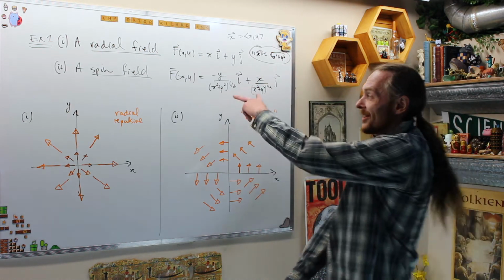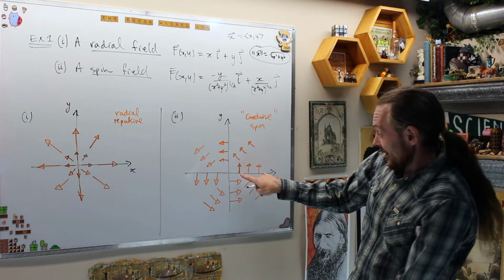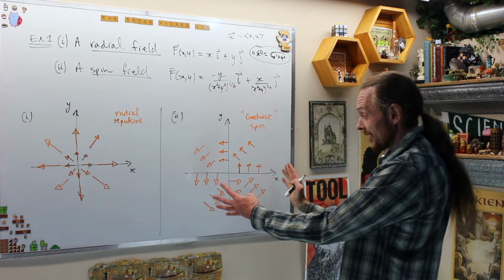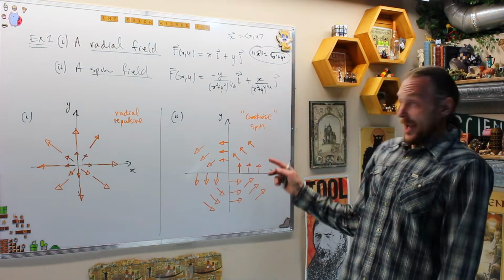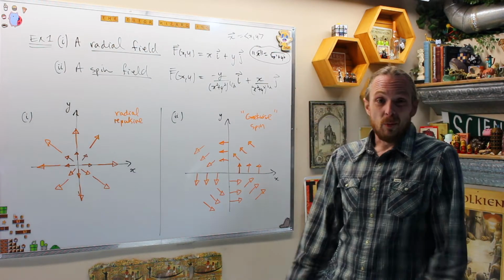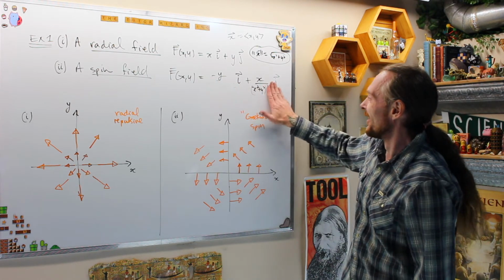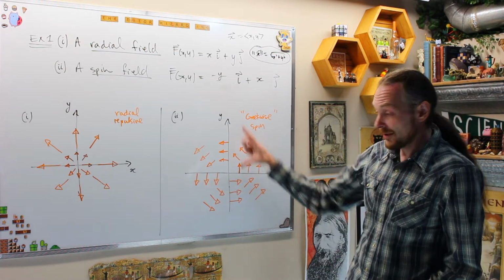So you're going to have to notice that what they've done is normalize this vector field, and that means that the magnitude of every vector will be 1 regardless. But then if you look at this, it's going to spin clockwise or counterclockwise, and the magnitude of every vector will be 1 because we've normalized. The example I'm about to do, we'll look at the unnormalized one, but then the magnitude of the vectors will change